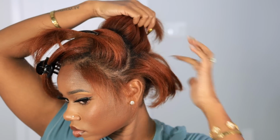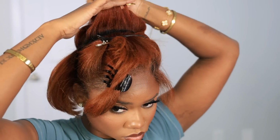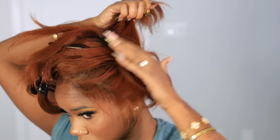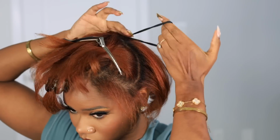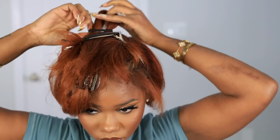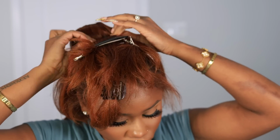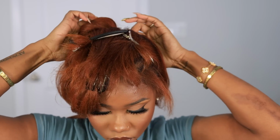bun. I just sectioned my hair, removed the perimeter of my hair because this is what's gonna cover the clip-ins, and then I make a little ponytail in the center of my hair. Now this doesn't have to be tight, this is just gonna be your anchor for your clip-in. Going to go in with my first set of clip-ins. I think I used about 3 to 4 clip-ins on this ponytail, so I'm clipping it on to my hair